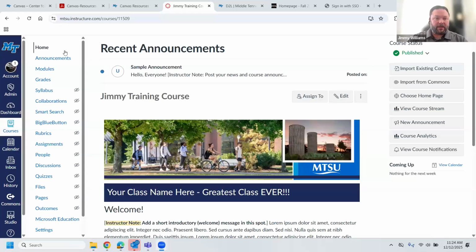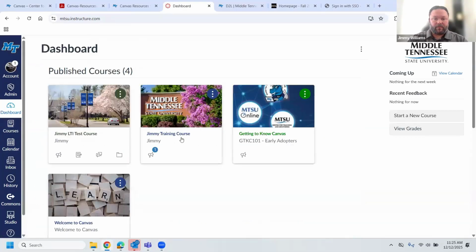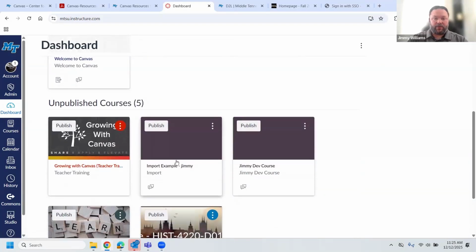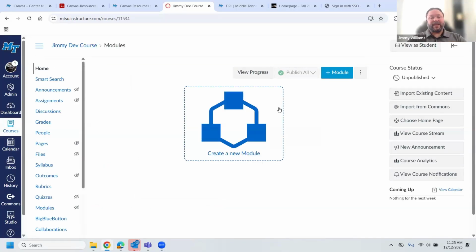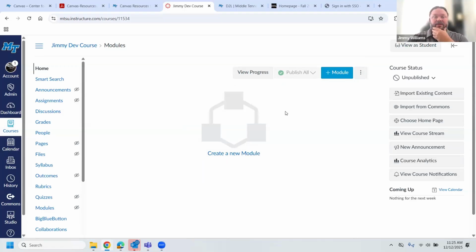All right, so now let's go in and let's go back to my dashboard. And I'm going to, let's choose the development course. So this is a completely empty course. I removed everything earlier. Now, one thing that I will go ahead and caution you about, in D2L, if you were to contact me and say, hey, I copied the wrong course in, can you reset it for me? We can do that in D2L. In Canvas, that option goes away. And the reason that it goes away is that in Canvas, it